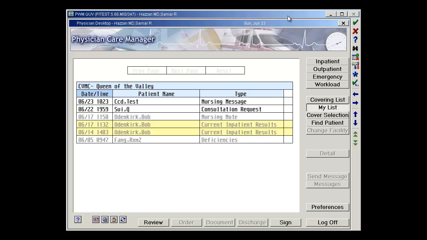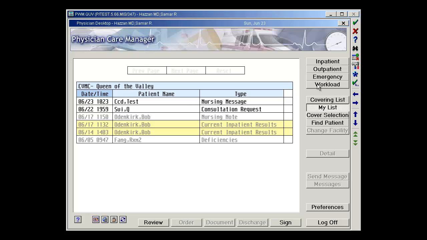the notifications. The way that we have the system designed currently is that abnormal results will display to your desktop. Any nursing notes that nursing or any of the ancillary therapies elect to send to you will display directly on your desktop. Consultation requests will display here. And then finally, anything for your incomplete record, which would be unsigned orders or dictation deficiencies, those would display on the desktop itself. There are additional notifications that are available for you, and they,